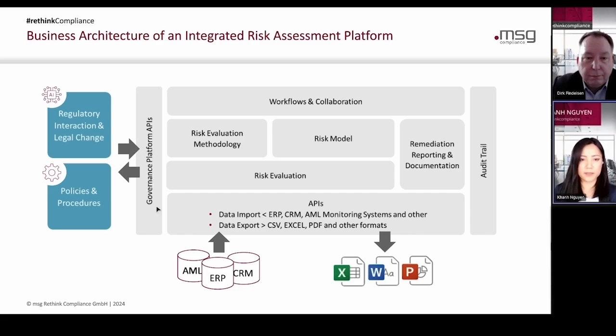So it goes without saying that we need interfaces to external systems as well. So we have some examples here from ERP, CRM systems to AML monitoring systems. But of course, there's still a need, and maybe this is also something you won't or don't like to miss, to use MS Office like Excel.